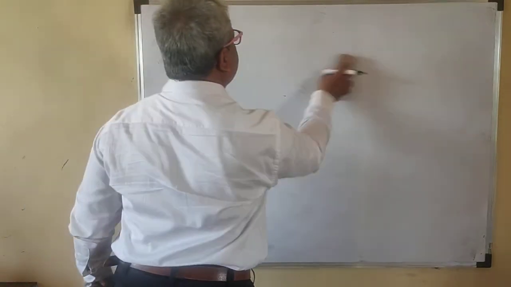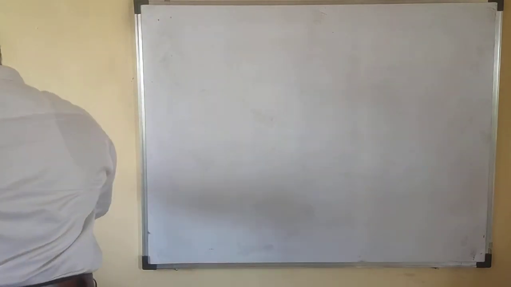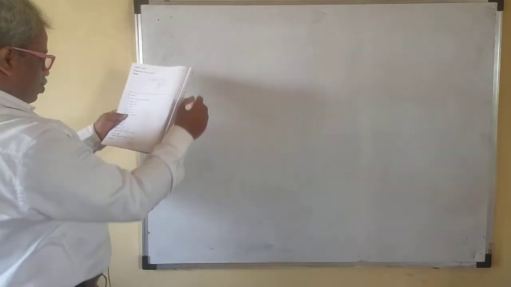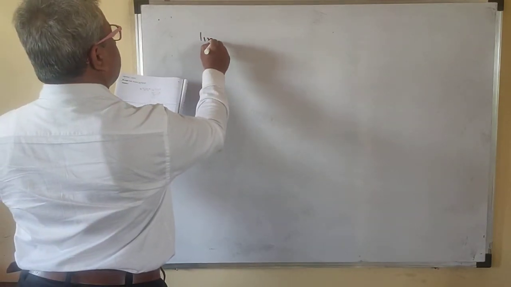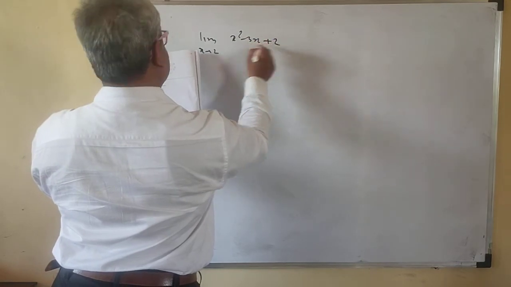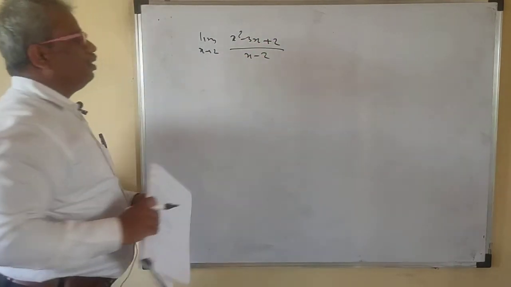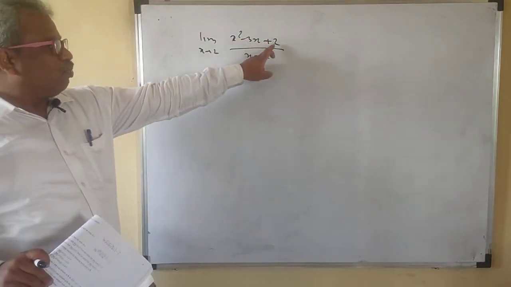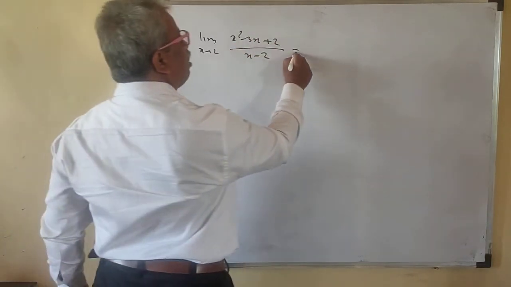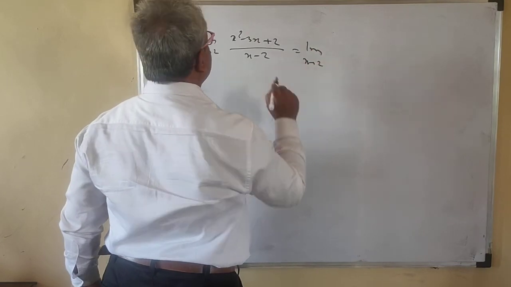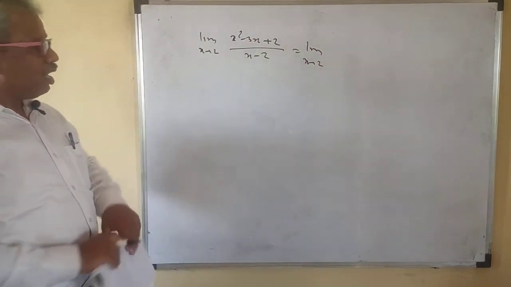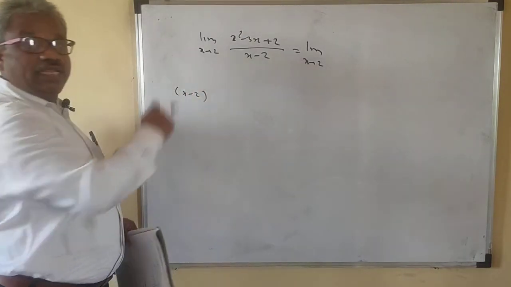Okay. So I hope that how to find the degree as x tends to infinity, that also we have seen. So suppose we have this limit x tends to 2 of x square minus 3x plus 2 upon x minus 2. If you put 2 here, 4 minus 6 plus 2 is 0. So what you have to do is find out only the first factor. x minus 2 is the factor because it is 0.